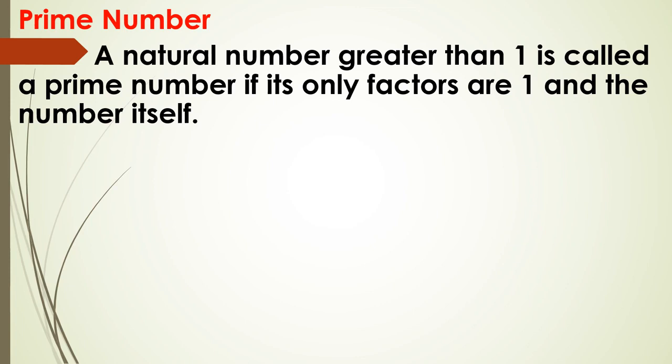In some questions you have seen that the factors are only 1 and the number itself. Just like I am giving you the example 3. What are the factors of 3? 1 3s are 3, that means 1 and 3. See 5. What are the factors of 5? 1 and 5. Factors of 7? 1 and 7. Is any other factor there for 7? No. So these are numbers which have only 2 factors, 1 and the number itself. Such numbers are called prime numbers.